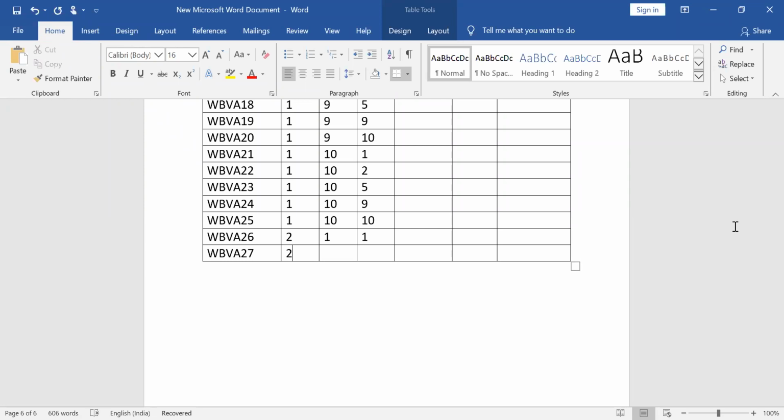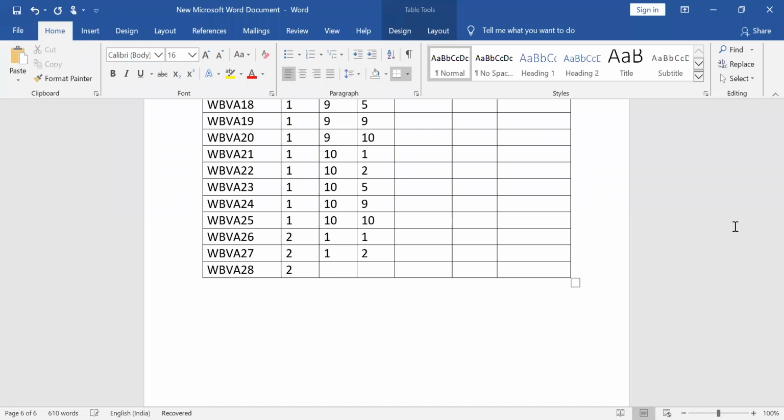So 2 as usual. So till your 50th case, 2 will be there, because from the first 25 cases, 1 was there for the side one. Similarly, from your 26th one to 50th one, 2 will be there. So the only thing is you need to play around with respect to your second and third side. Once it reaches the 50th one, you can change the value of your side one with respect to your 51st value. So it keeps on changing. So 1 1 1 2. Okay. Similarly, the next value will be WBVA 28.